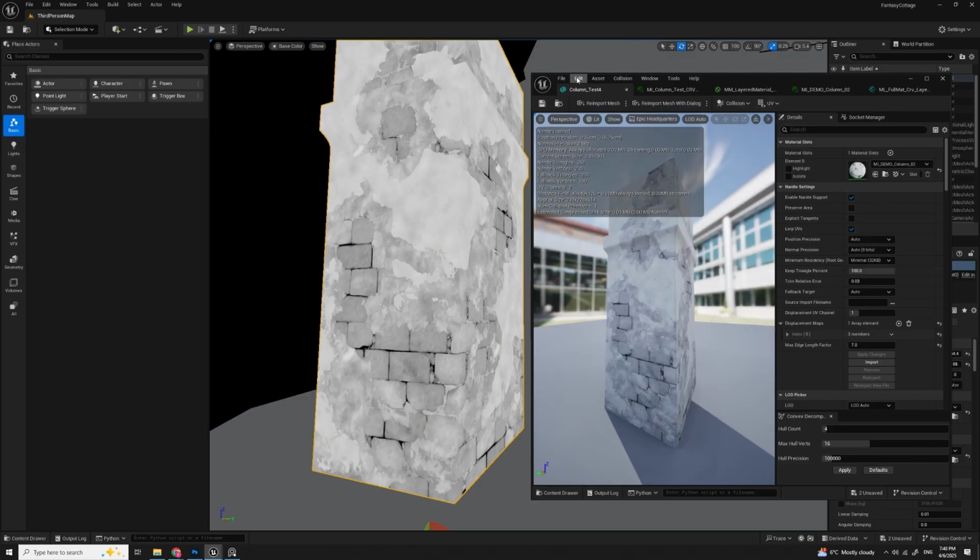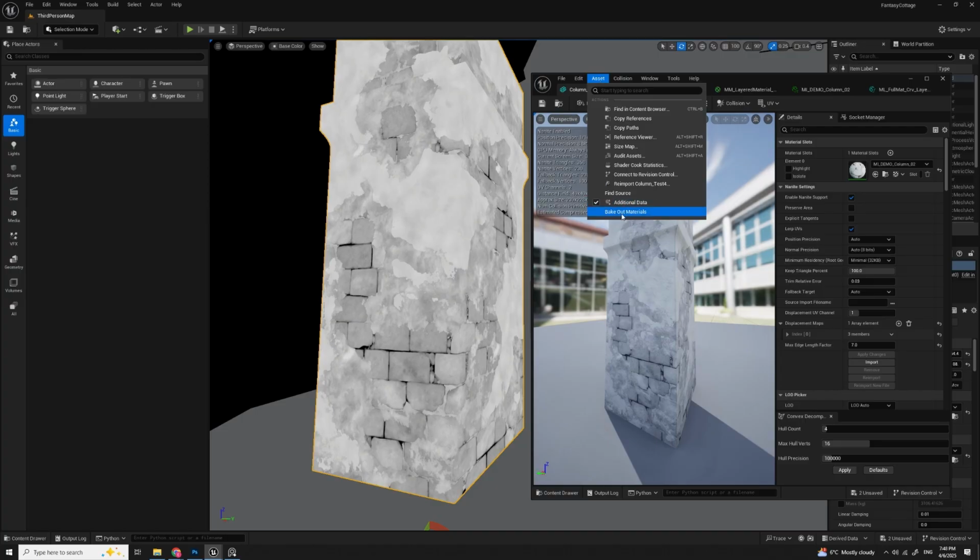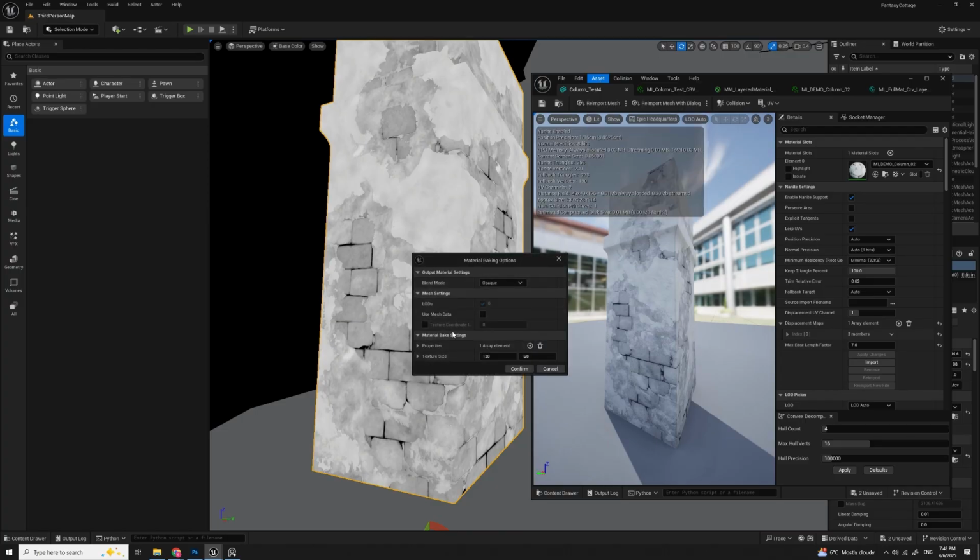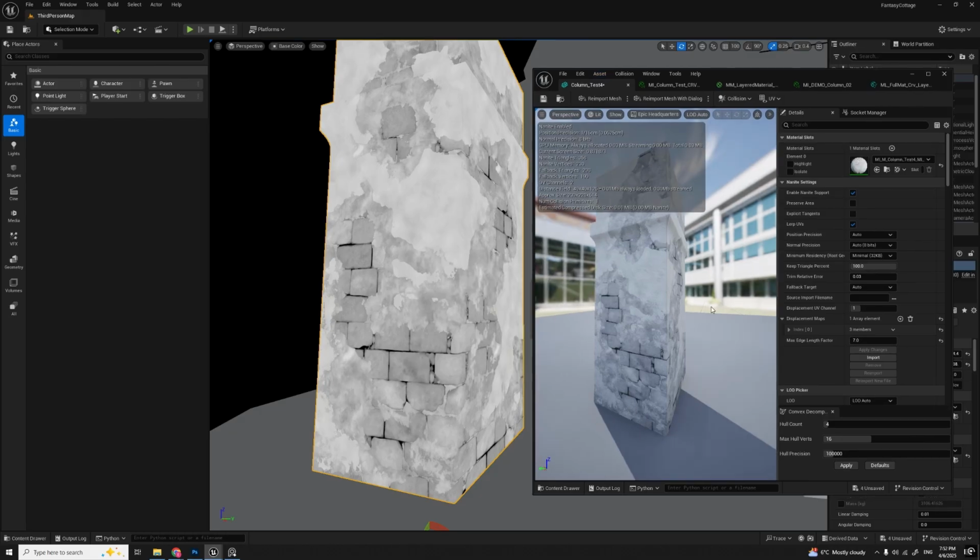Next, I go to the Asset tab and see here the Bakeout Materials tool. In the opened window, be sure to click Use Mesh Data, change the texture coordinate index to 1 because we're using UV channel 1, diffuse is what we need, and set the texture resolution to 2048 by 2048. Click Confirm. After that, the window disappears and the column material is updated and replaced by some strange newly created